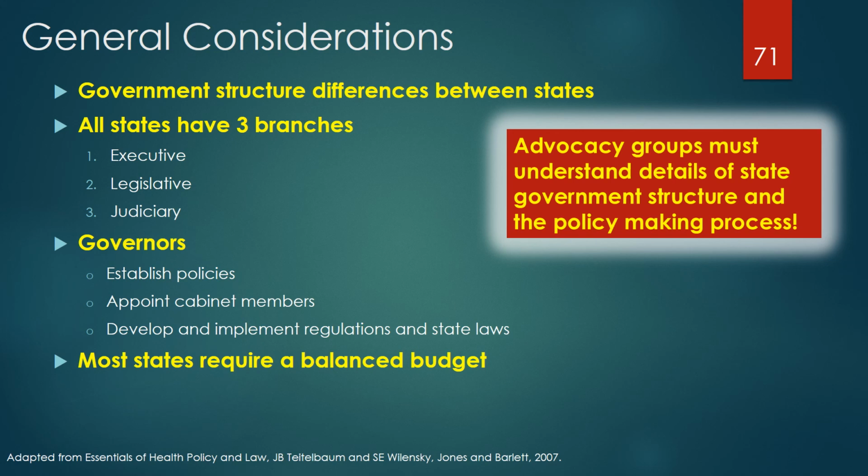All states, like the federal government, have three branches of government: executive, legislative, and judiciary. Governors are the head of the executive branch and have, as defined by their executive powers, the authority to establish policies, appoint cabinet members, and through state administrative agencies develop and implement regulations and state laws, which are extremely important